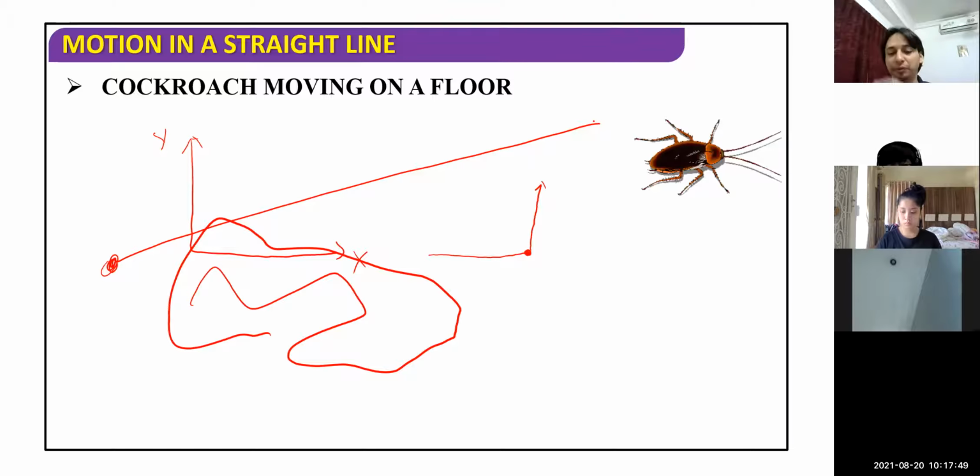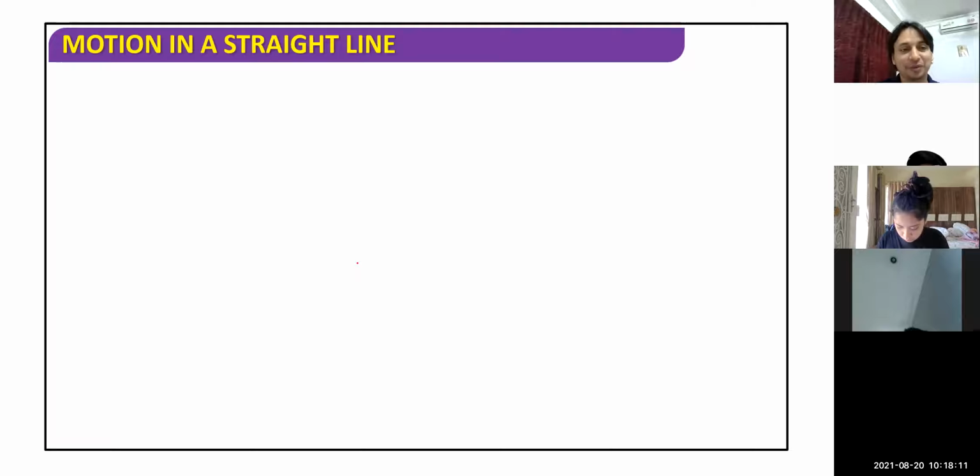When you play carom board, when you strike the coin, then what happens? What type of motion is that? The coin moves in 2 dimensions. 2-dimension motion. That is a 2D motion, children, motion in a plane. And the same thing is with the cockroach also. And let's see, is there any other example? Yeah, there is one more.